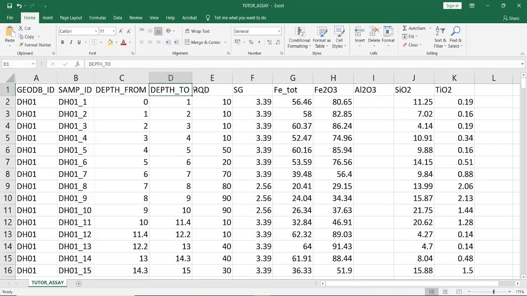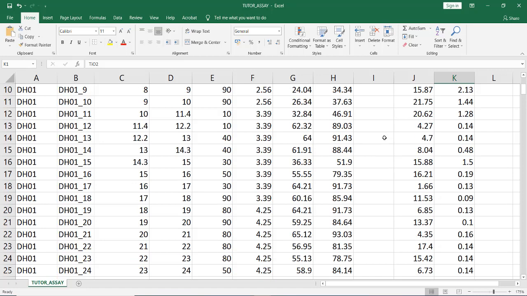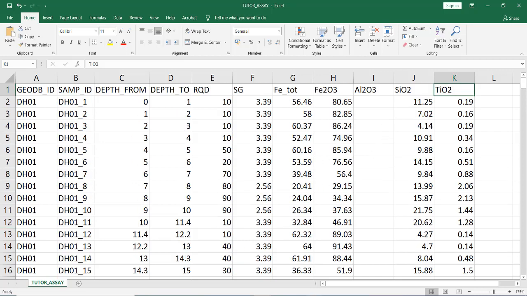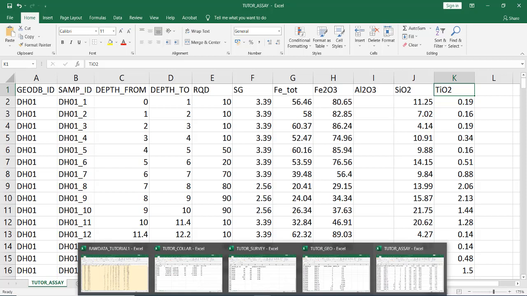The from depth to, RQD, rock quality designation, specific gravity, Fe total, and so on. Okay, this is 3 or 4 files. We must insert them into the database first.